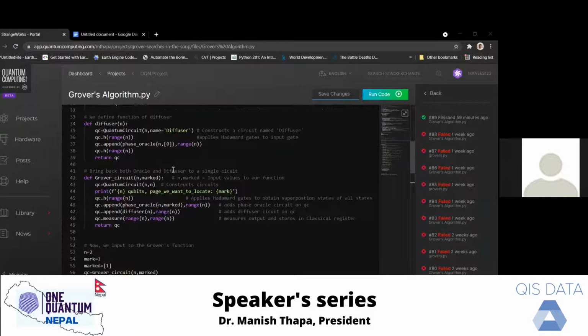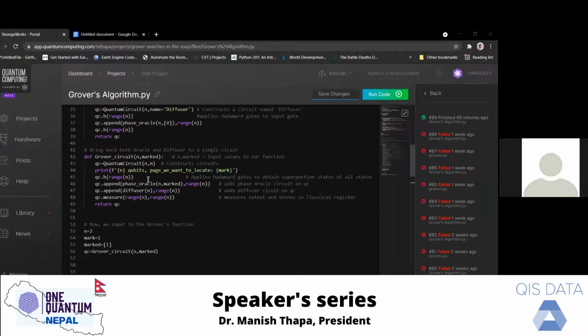After that, we bring the oracle operator and diffuser operator under a single Grover circuit, which takes as its first argument the number of pages from which we want to locate a particular page, and as its second argument the particular page we want to find from our diary.